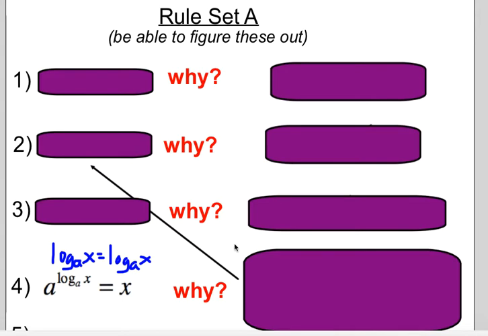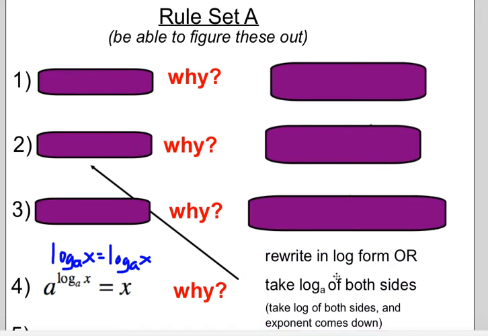However, there's also another way to explain it, which is certainly a lot more confusing than that. But basically, if you rewrote it in log form, that was what I said before. But technically, you can take the log in base a of both sides. So it's log base a of a to the log base a of x equals log base